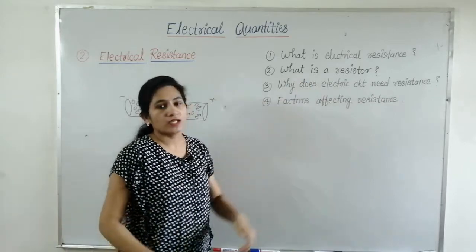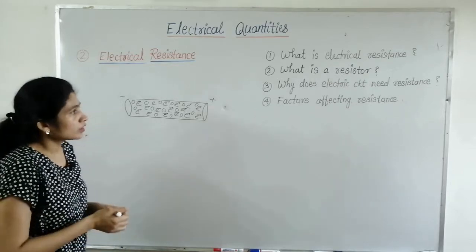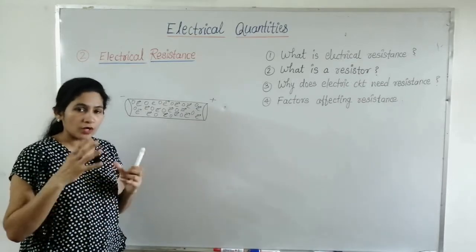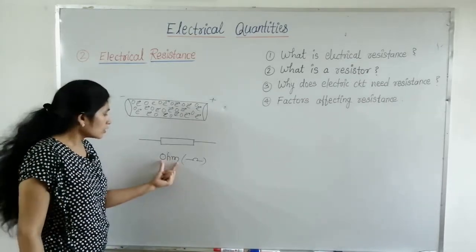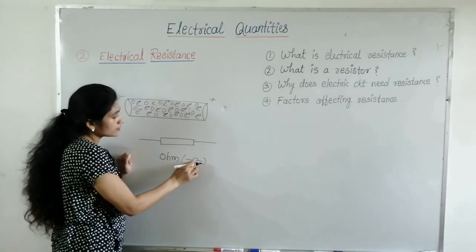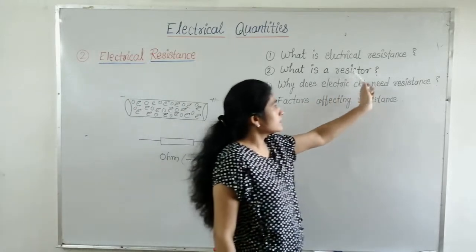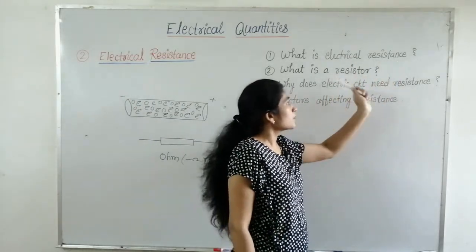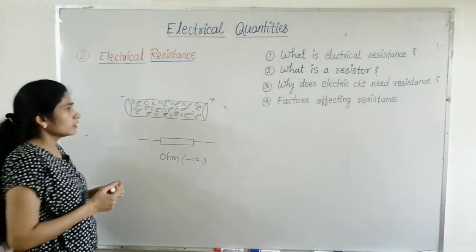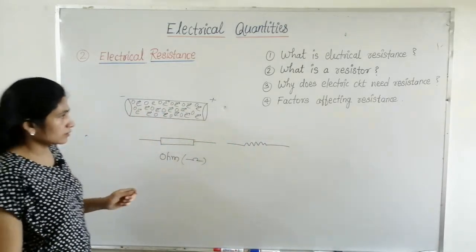Our next point is, what is a resistor? See, a resistor is an electrical component which is used in an electric circuit. Okay, and resistance is the ability of a resistor to resist a current, to oppose the flow of current. Ohm is the unit for resistance and this is the symbol of the component resistor, and it is denoted by the Greek letter omega. So now I hope you understood the difference between a resistor and resistance. Resistance is the property of a resistor, okay, and a resistor is an electric component which is used in the electric circuit. This is also a symbol used in the electric circuit.